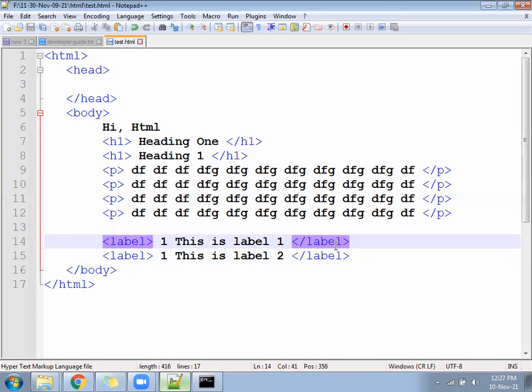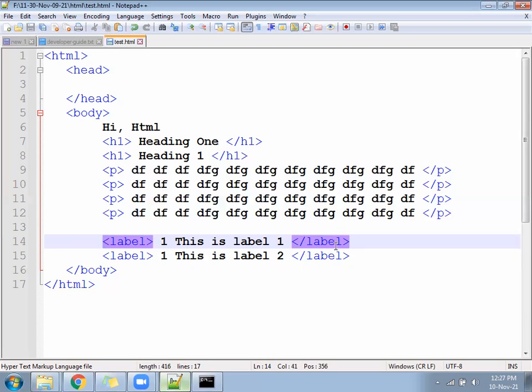You can see open close is there, so no doubt in that. Now once you run the page, where are both the labels coming, on the same line or the next line? Same line. So what we understand is it's called an inline element. So how many points got clear? One is open close is clear. Another one is next line and same line got clear. Same line and next line is block and inline. Okay.